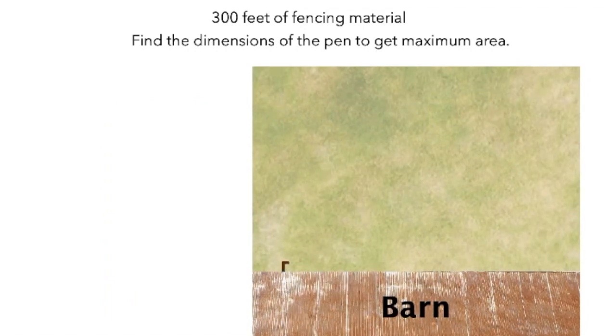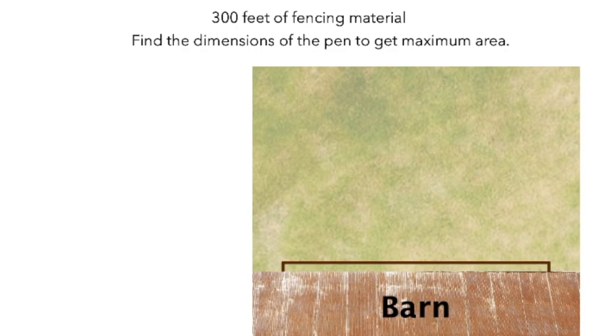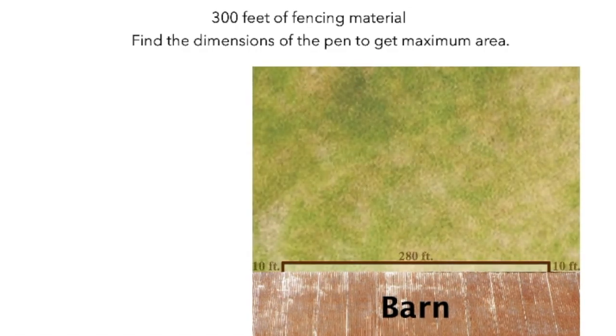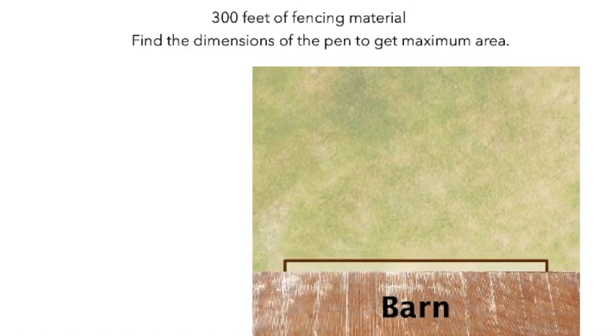Let's build an example of a pen. In this drawing, the pen has dimensions of 280 feet by 10 feet. However, there are lots of other dimensions that use 300 feet of fencing material. For example, it might have dimensions of